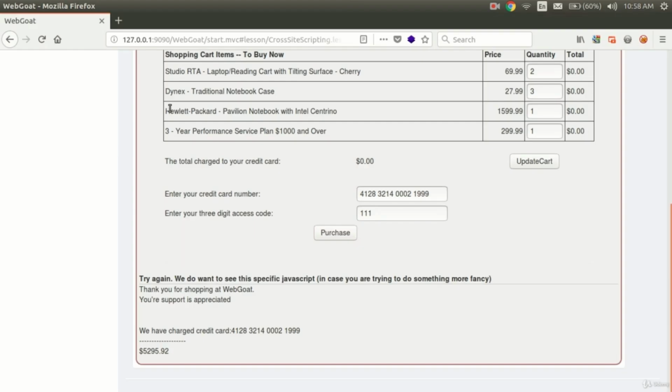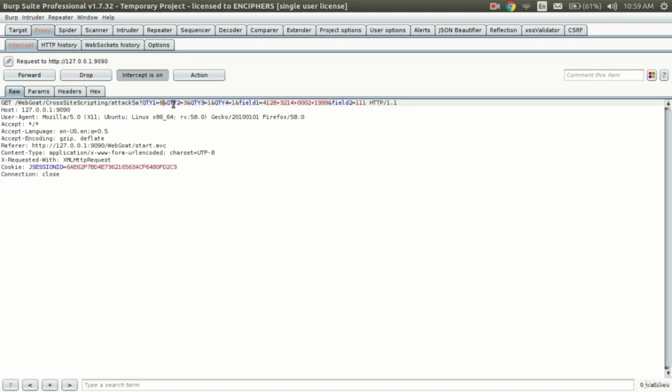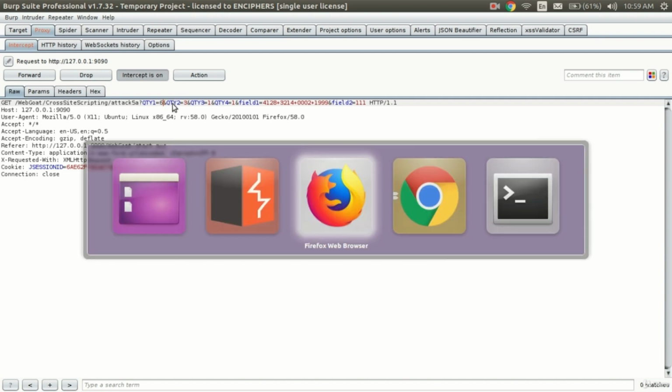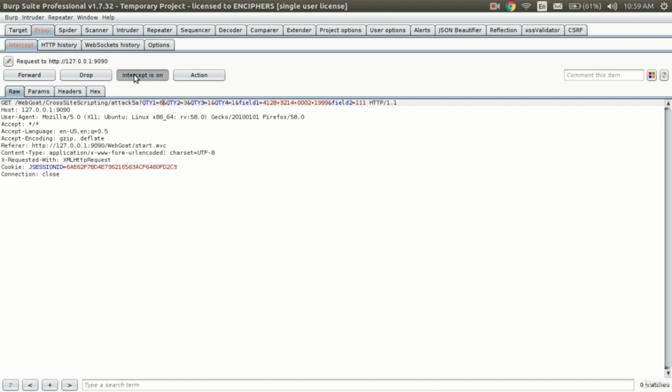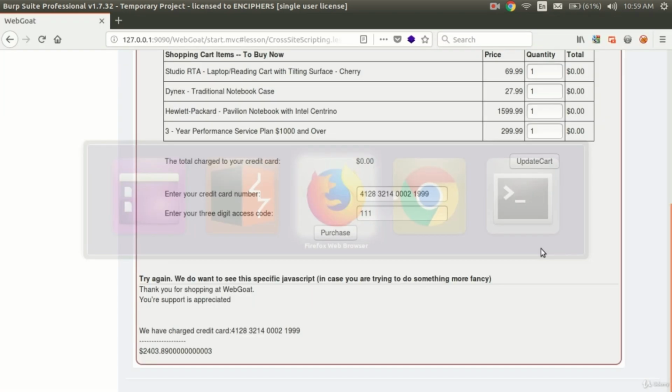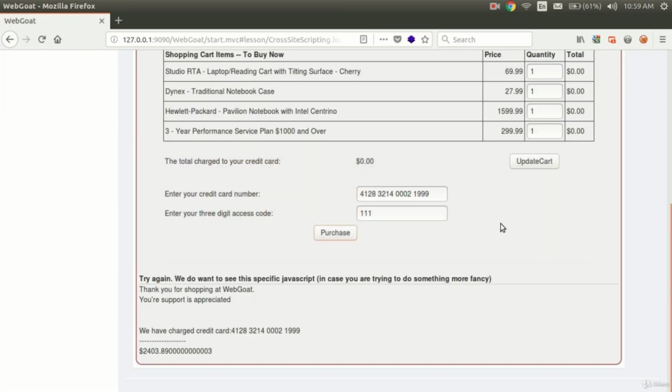Not the original value, but this modified value will be sent to the server, because that's what a proxy interceptor means. Since Burp Suite is sitting between you and the web application, it can always manipulate the requests and responses. So this was the proxy intercept option. You can use the forward option, or you can turn off the intercept, so you don't have to forward every time.